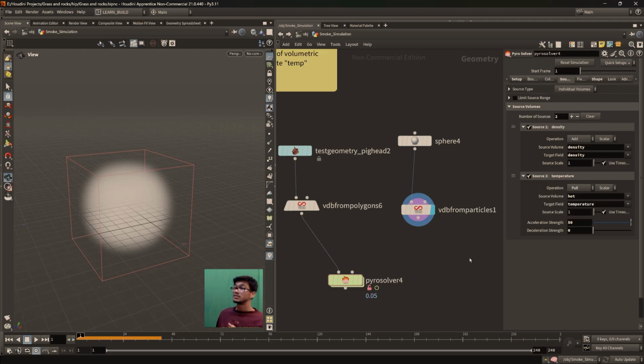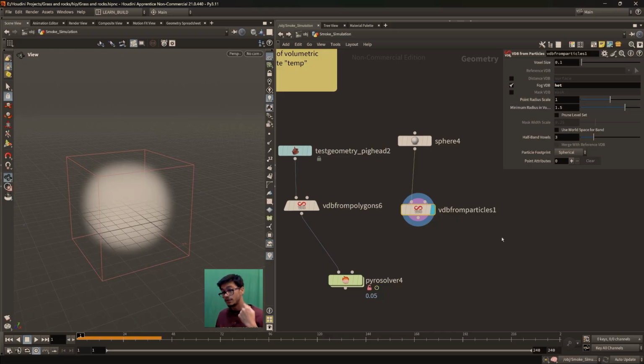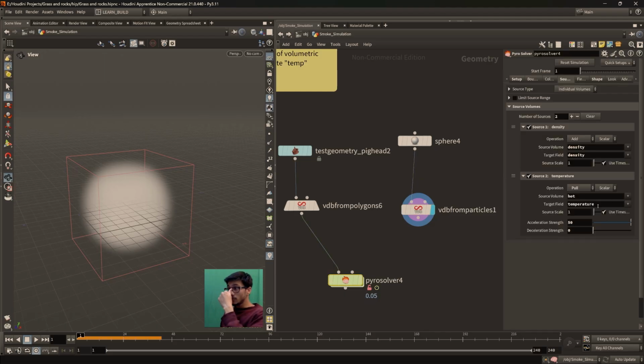Here, temperature is real. What do I mean by that? You can put any name for the source, but this temperature string has a function here. It plays a role. This is not just a name, it has a role. And hot is just giving us the value. I guess you understand what I'm trying to say here, right? Okay. We have this temperature, and now when I connect this here,